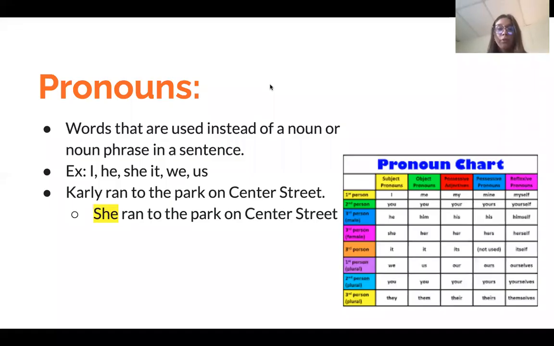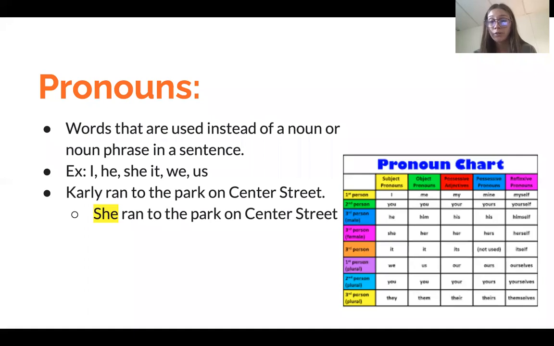So to begin, we have pronouns. Pronouns are words that are used instead of a noun or noun phrase in a sentence. An example could be I, he, she, it, we, us. And there's a huge chart over here that you can screenshot or take a picture of to help you remember